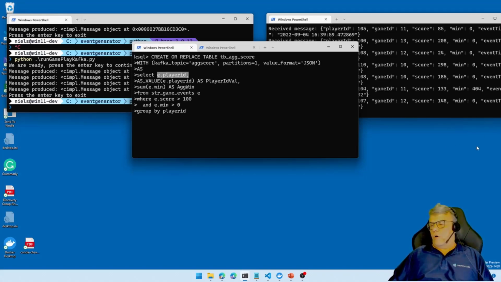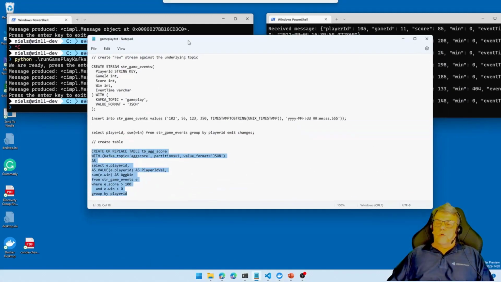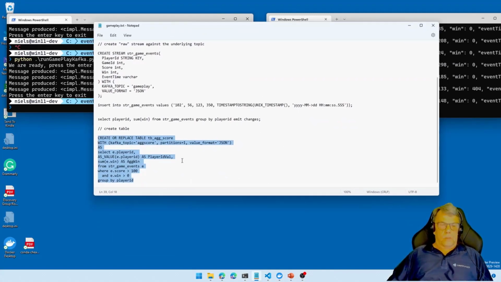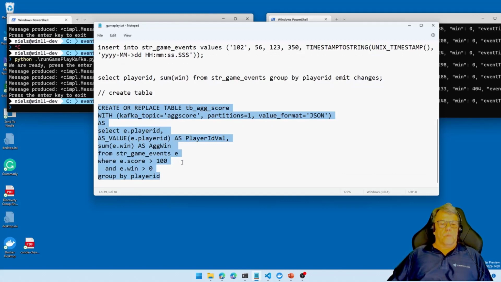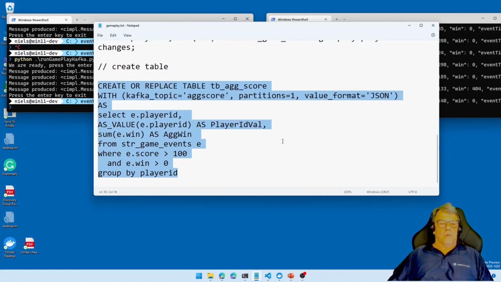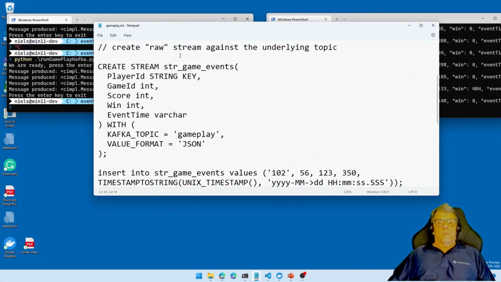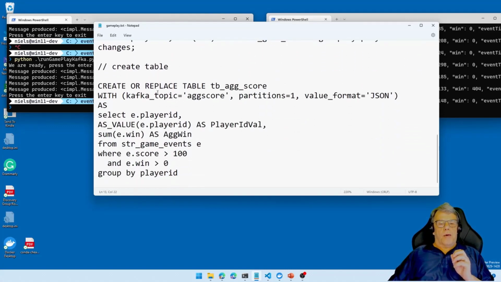Remember when I created my stream, where we said that player ID is the key. Player ID has the key value, and that's somewhat like a primary key in a SQL Server table. The thing is, here I'm using my player ID.